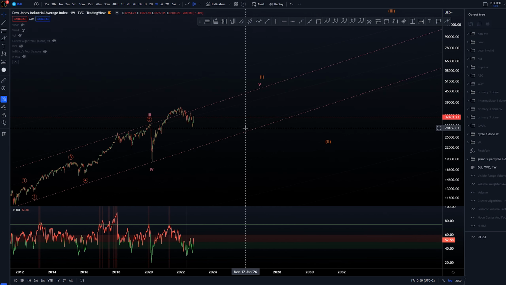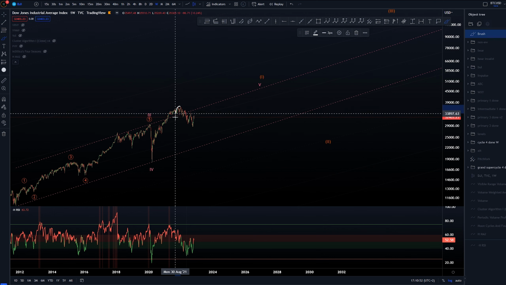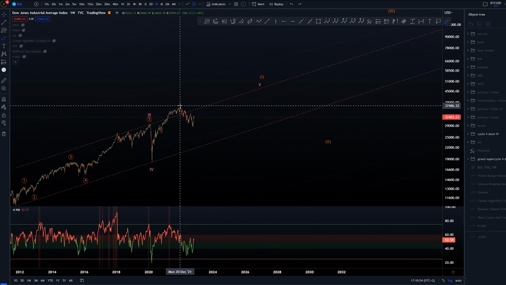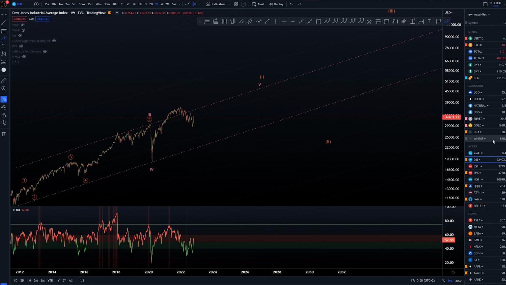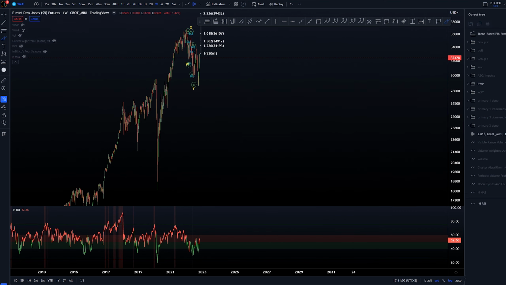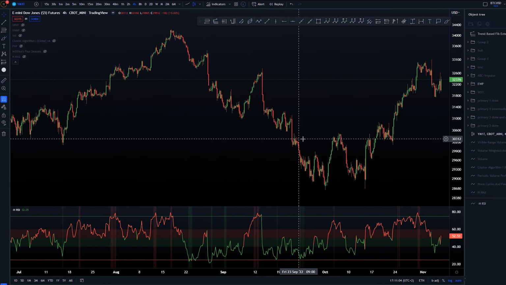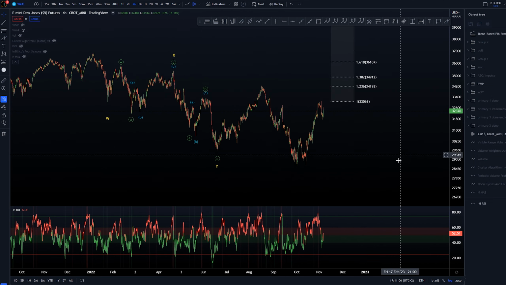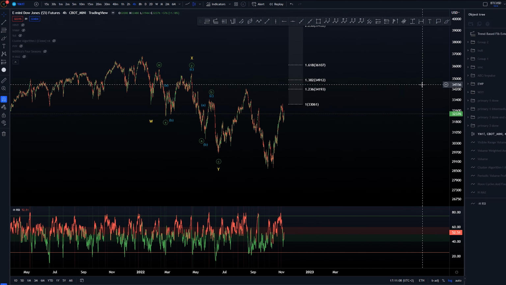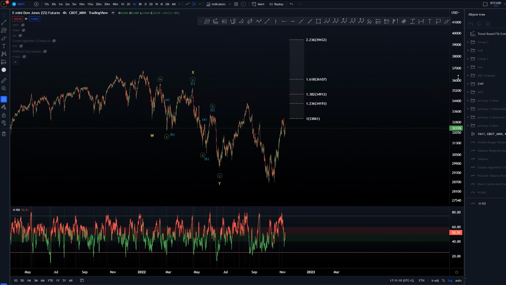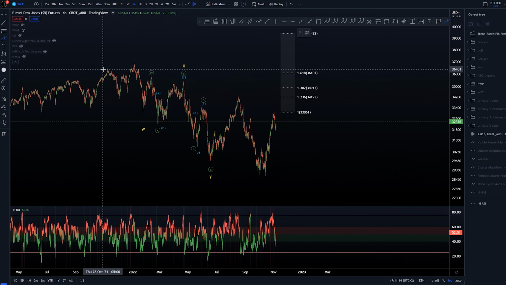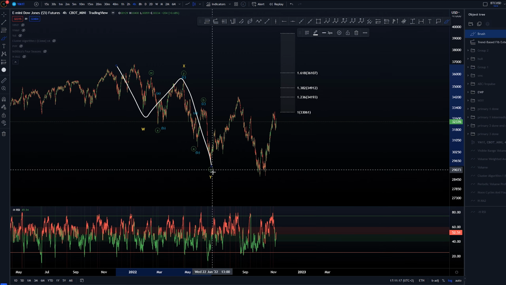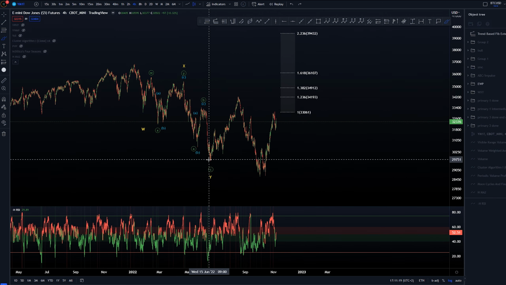So let's dive into these more local structures, the highs of 2021 and onwards on the futures chart for DOW. This is what I've had since then as a macro picture, and this is nothing new if you've followed me on any of the videos. But the idea we're creating is a three-way structure down here into wave Y.